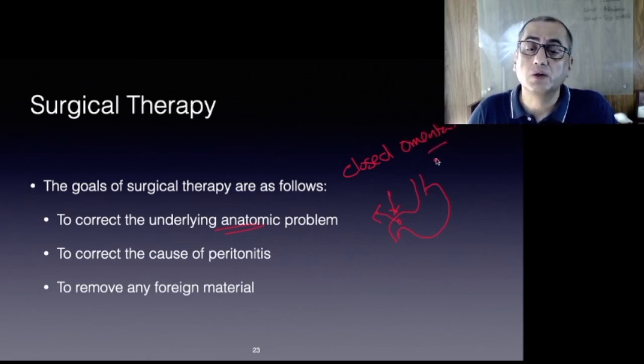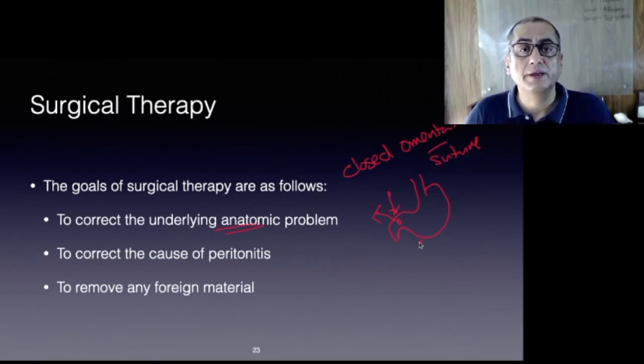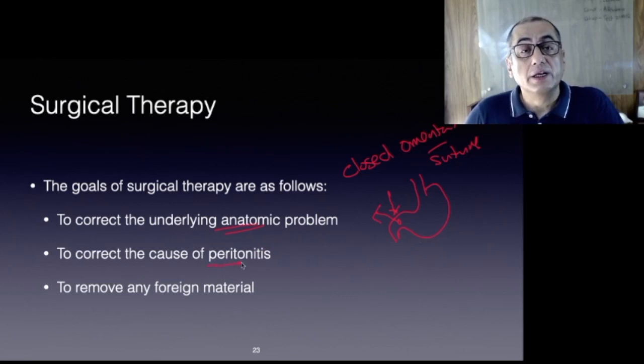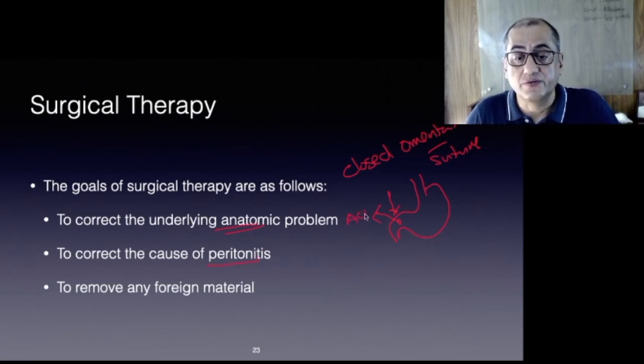Okay, a omental plug or sutured, if there's something else, perforation in the bowel. Okay, so that is trying to correct the underlying anatomic problem, treating the cause of the peritonitis. Now, once the acid and the food are here,